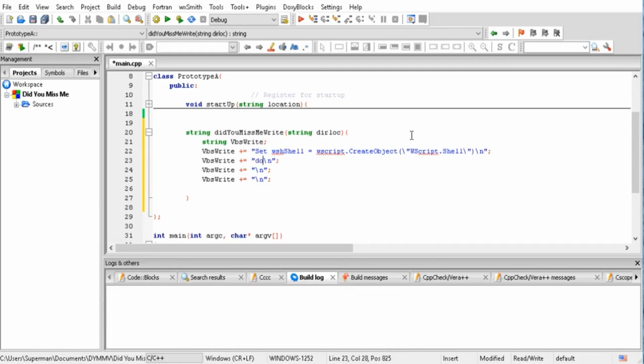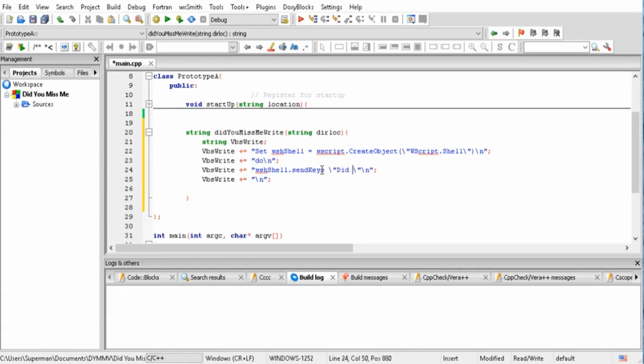I'm going to create a do loop, and then I'm going to call wsh shell, and I'm going to send keys using this WScript.Shell function. I'm going to send keys in our user's computer. So our keys are again going to be in quotation marks,